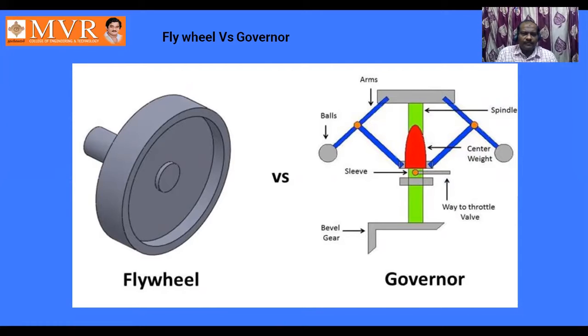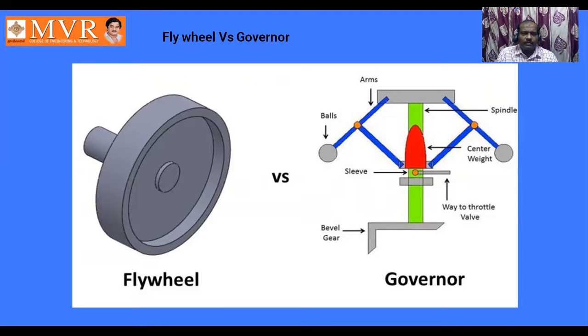Construction or assembling of the flywheel is very simple. Construction of the governor is a difficult task when compared with the flywheel. More number of parts are going to be present in a governor. By observation we can write: in a flywheel, 2 or 3 parts are going to be present. Wear and tear will exist in a governor that will not exist in a flywheel. A governor contains more number of links when compared to a flywheel.